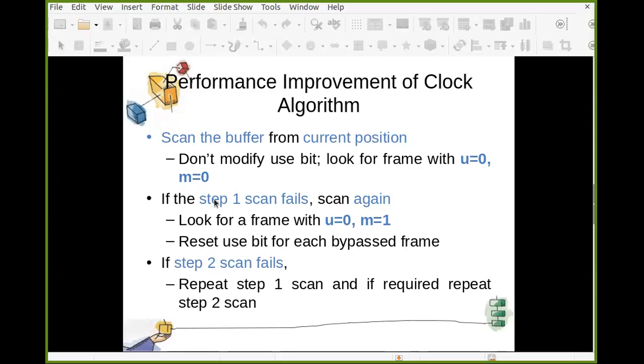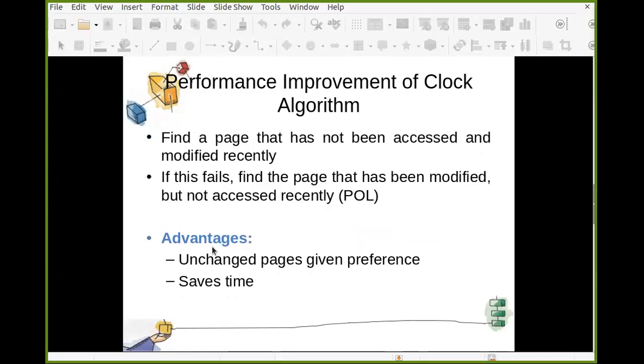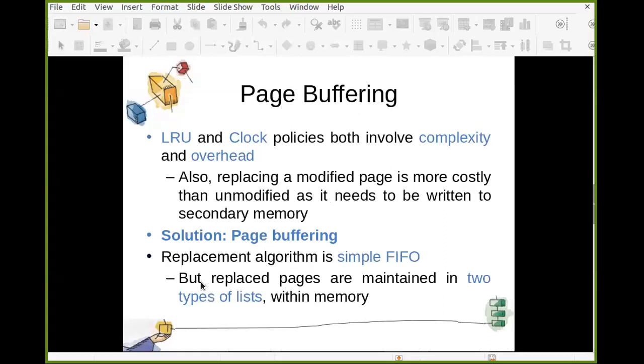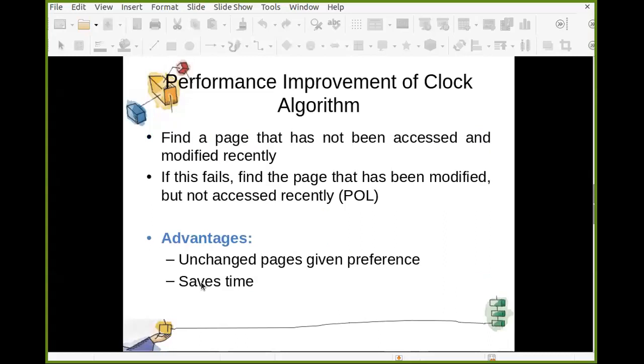Whatever changes you have made there, first you need to save those changes on the secondary memory. Only then can you replace it. So if you have a page which is not recently used and not modified, then it is the best candidate. And it is going to save your time because you need not write that page onto the secondary memory. So basically these are the four algorithms which are given in your book that we have discussed.